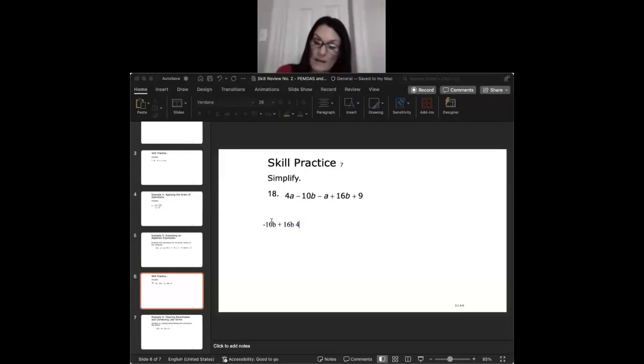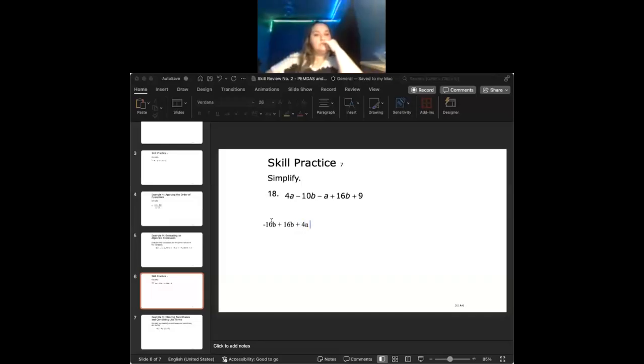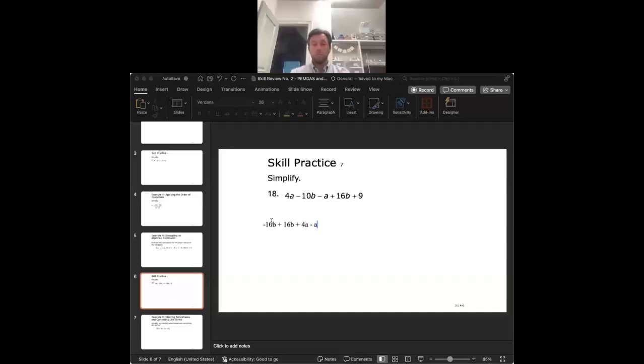4A minus A. Positive 4A, good. That positive tells us it's a plus sign. Minus A. And then what? Plus 9. Right. So when I combine like terms,